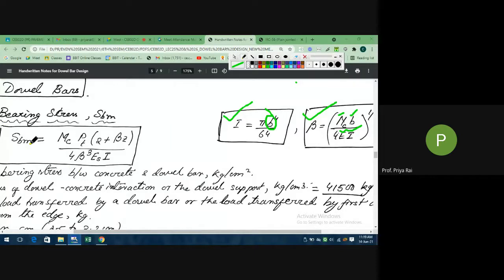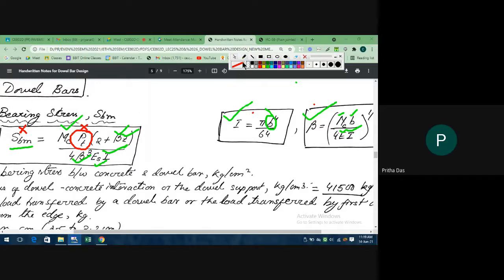Now can we use this again? Can we calculate SBM? See, I is known to us, beta is known to us, so now can we calculate SBM? Yes, ma'am. MC given, beta calculated, Z given, I calculated, E given, beta calculated. But here see one term is there, PT. This is again not known to us. So, we cannot calculate SBM after calculating I and beta also. So, what we need first, after calculating I, after calculating beta, we have to calculate PT. Then only we can use this formula. Clear? Is it clear?